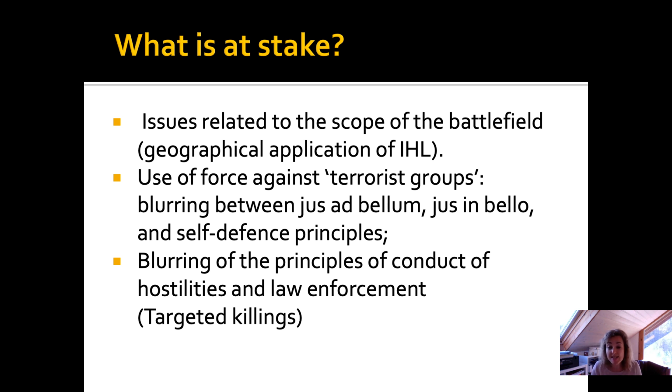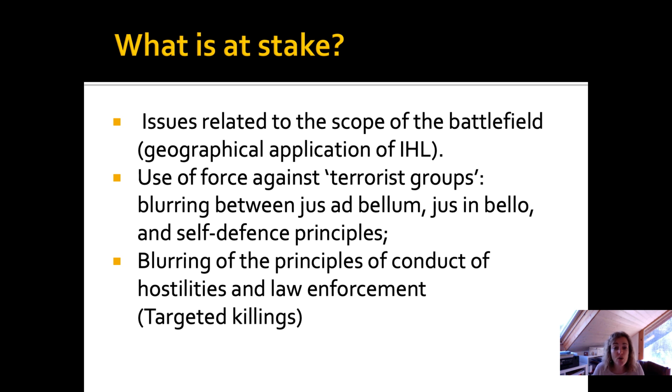We have seen examples, for example, of kidnapping of persons suspected to belong to Al-Qaeda in Italy, and one could wonder whether or not this person was abducted in a way which could qualify as detention under IHL, or that would be a violation of human rights law because in that particular circumstances IHL would not be applicable.